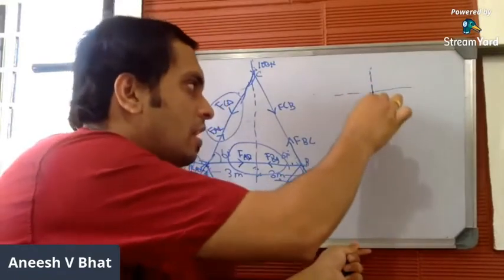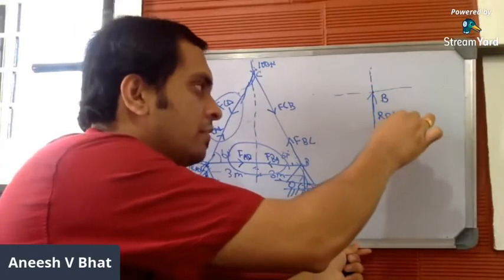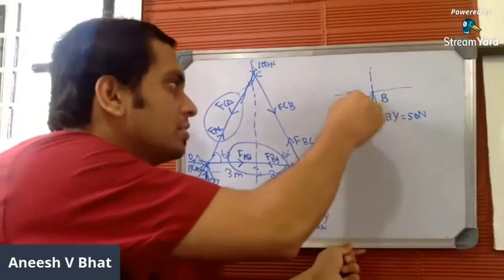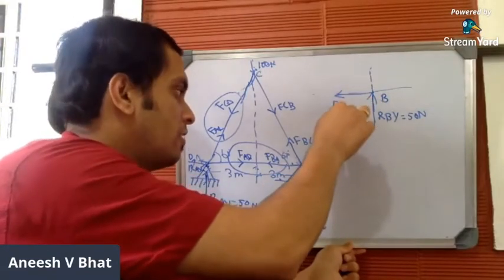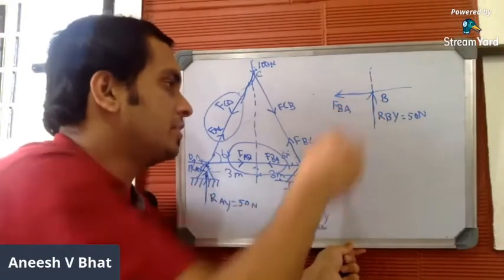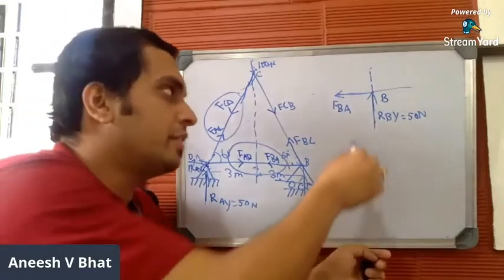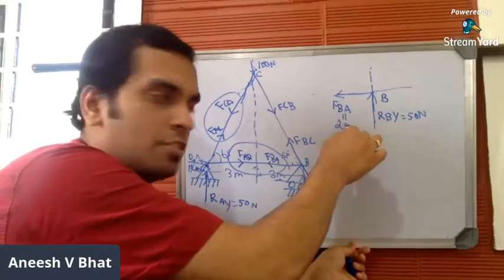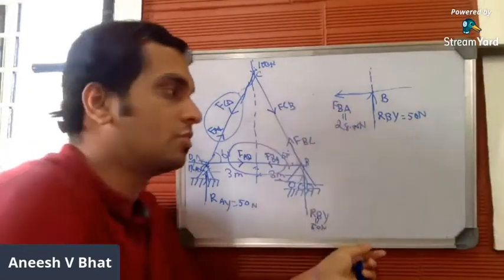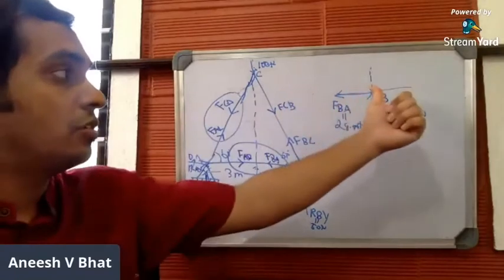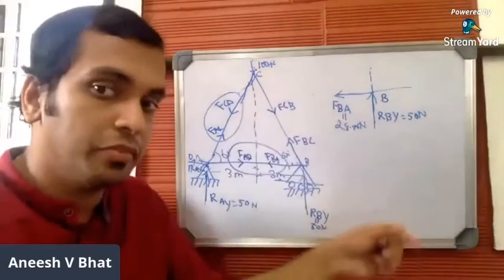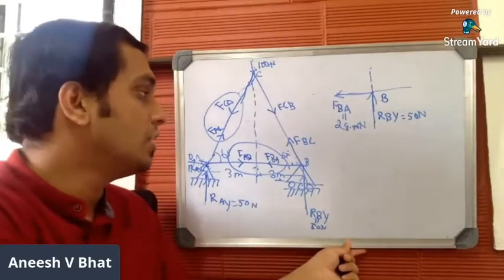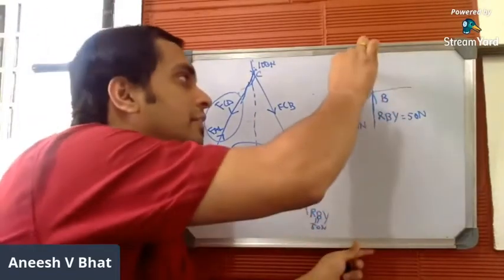You have RBY, which is 15 meters. Mark this. This is FBA, which is equal to FAB, and the magnitude of this is 28.86 newtons. It moves horizontal to the left, so its magnitude will be negative later when we apply the equilibrium condition. So FAB is done. Now you have FBC,